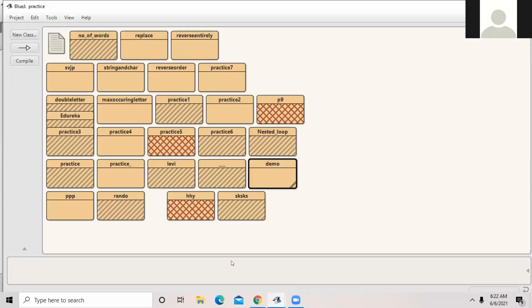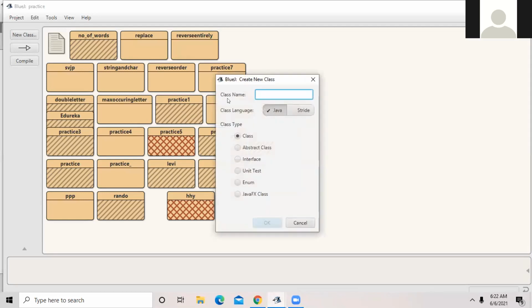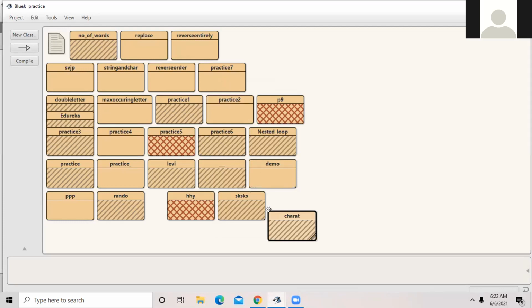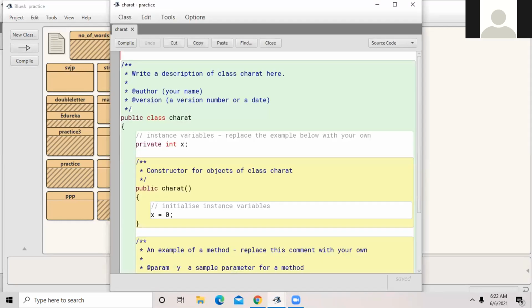For some reason, it still says 7. Okay, you gave the new name, right? You create a new class. It might be that there is some issue in that. You copy the whole code there.